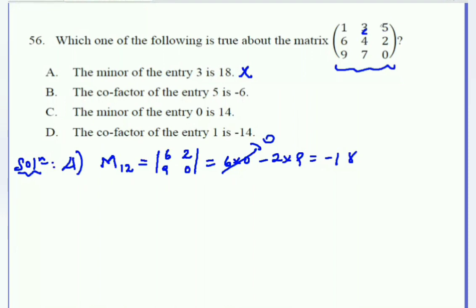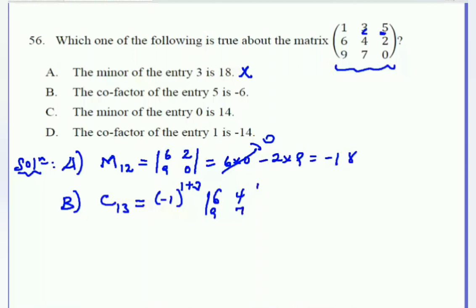So this is the element. The cofactor is usually denoted by C. This element is found in the first row and third column. So the cofactor of this element is minus 1 to the power of 1 plus 3, times the minor of 1, 3. We eliminate the first row and the third column so that we will get 6, 4,